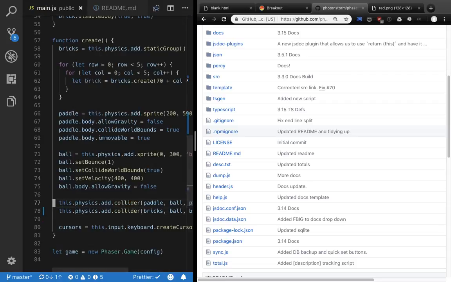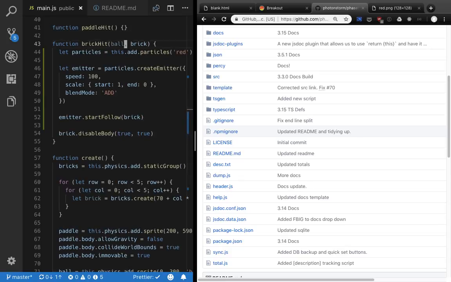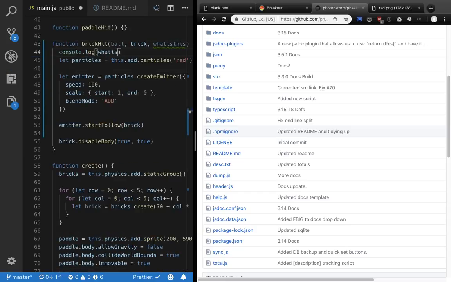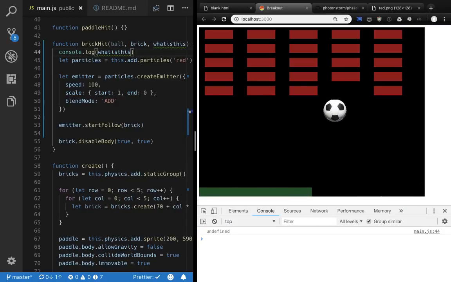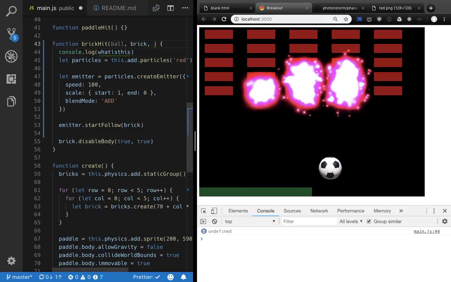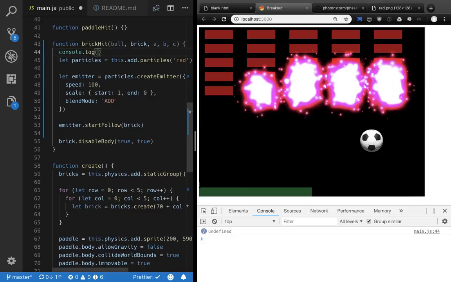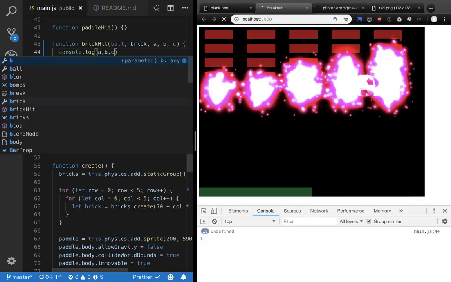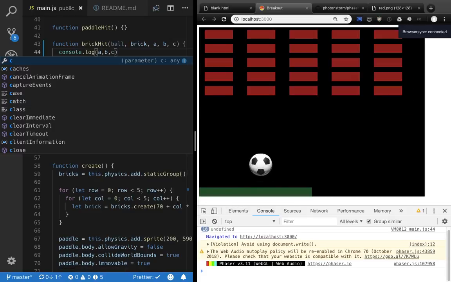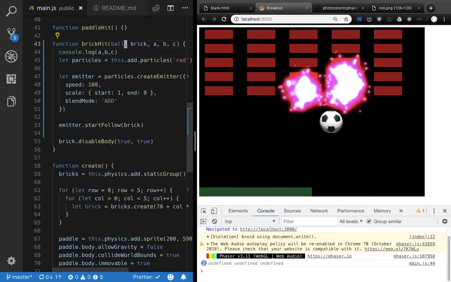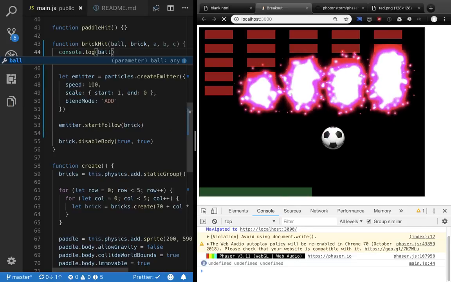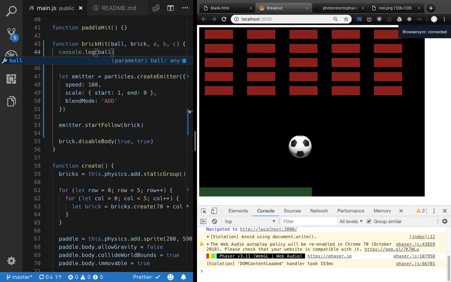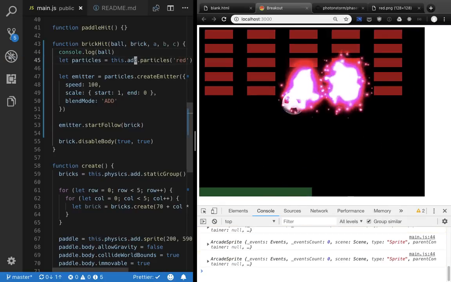So now when we call brick hit, let's see if we get another argument that is the thing that we can call. Let's log A and B. They're all undefined. Cool. Those are the two required. So how do I get the